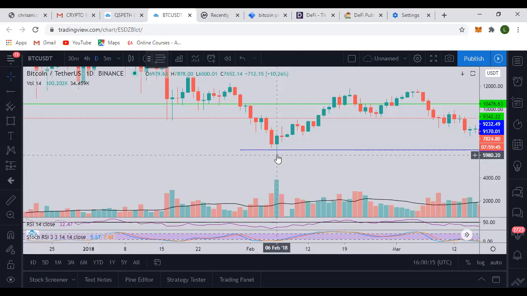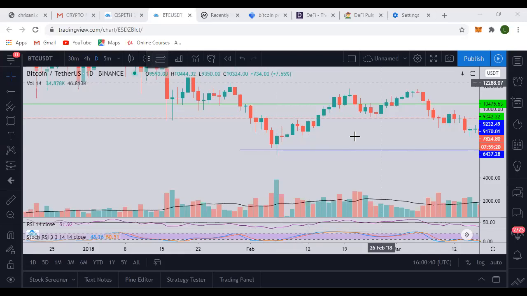So what would those whales do? They will just sell a small part of their portfolio. Once they sell, the price will be pushed down here. As the price is pushed down, they buy everything back and carry the price up. It's as simple as that, guys. If they don't collect your sell orders and stop losses, they don't get anything to buy. That's why they just sold a little bit, so they can get long liquidity. They can get something to buy.